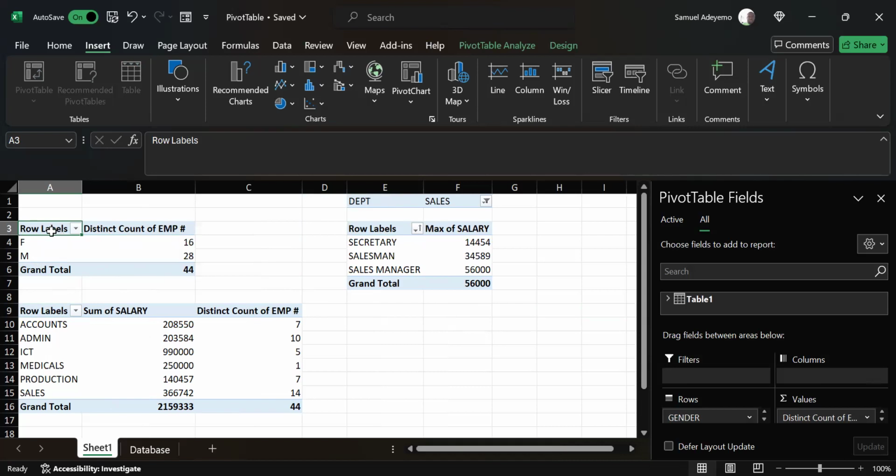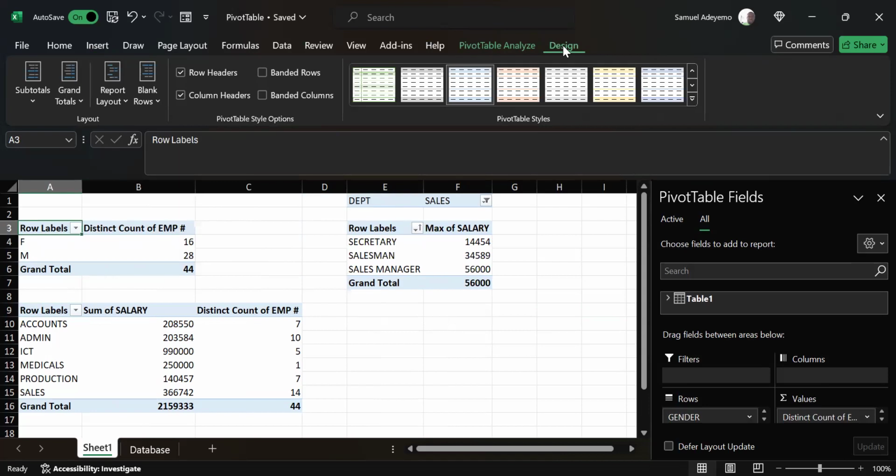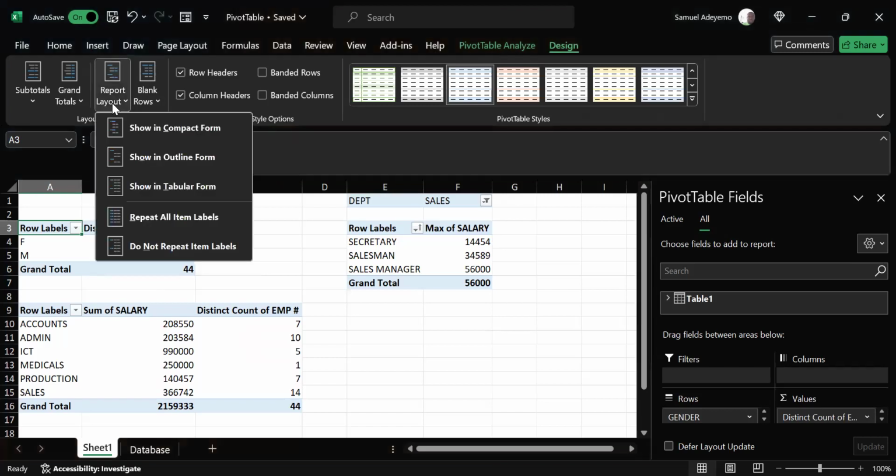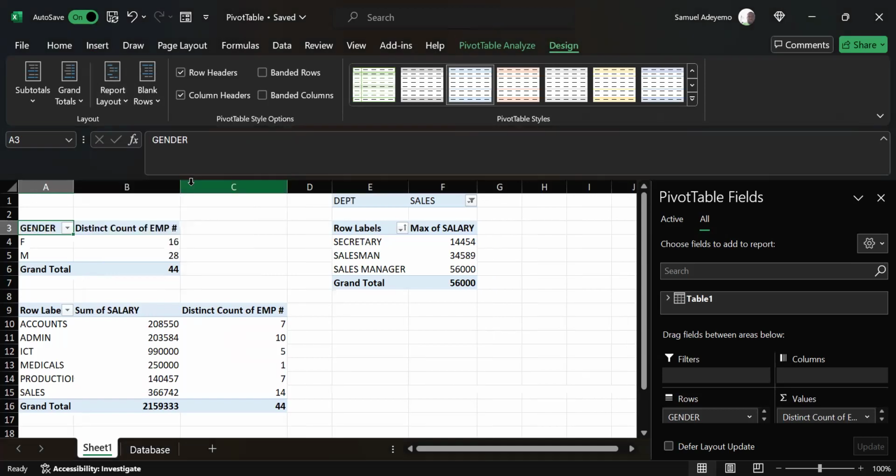You click on the row label, you come to your design, and you will see report layout on your design menu item. You click on your report layout like this, and you click on tabular. You say show in tabular. I'll still explain what this one means. When you click on show in tabular, it will now show the exact